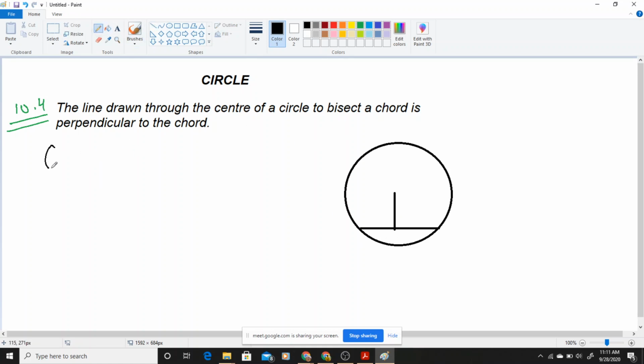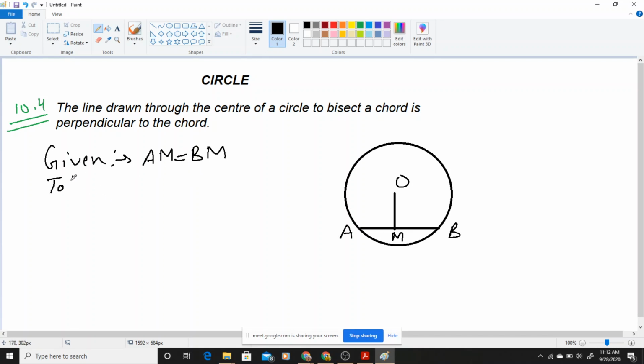So that means in the given statement you will take some points like this one as O, A, B, and this one you can take as M. So what you are given with, you are given that AM and BM are equal. AM is equal to BM. This is given. See, हमने last question में ये चीज़ prove की थी 10.3 में.